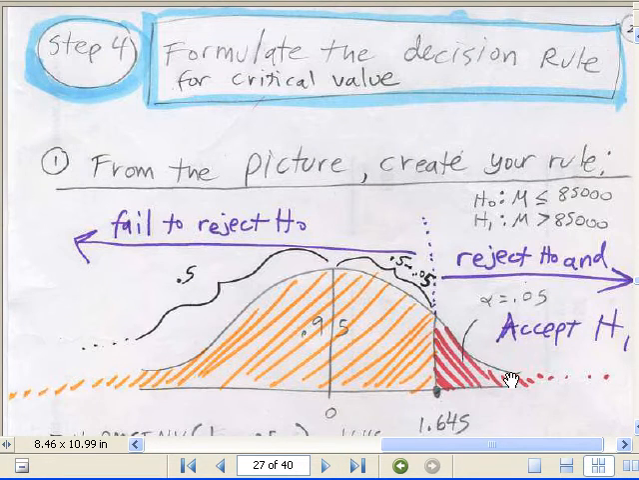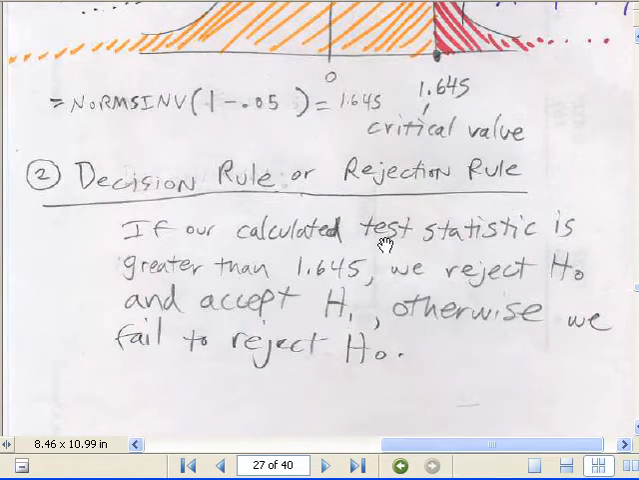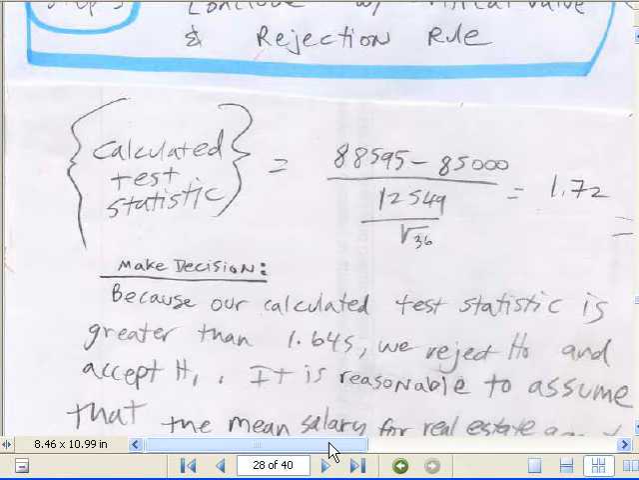All right, got to draw that picture. I'll draw this here. This is our rejection region. Reject H sub 0, accept H sub 1. Over here, fail to reject. And then we write our decision rule or rejection rule. If our calculated test statistic is greater than 1.645 in our case, we reject H sub 0 and accept H sub 1. Otherwise, we fail to reject. Nice, straightforward. You could basically always use this and just change the numbers depending on what your critical value is. And then in the case of concluding,